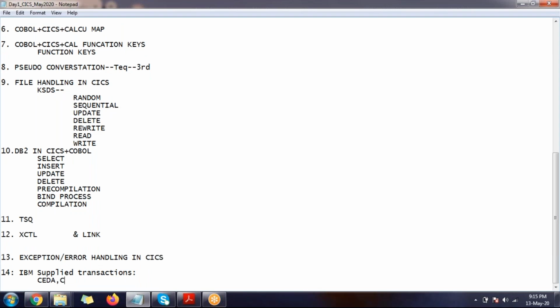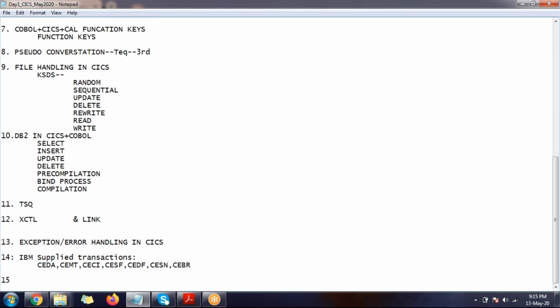CEDA, CEMT, CECI, CESF, CEDF, and CESN. As a developer, what transactions are required for us, we will be discussing all about the IBM predefined supplied transaction IDs.